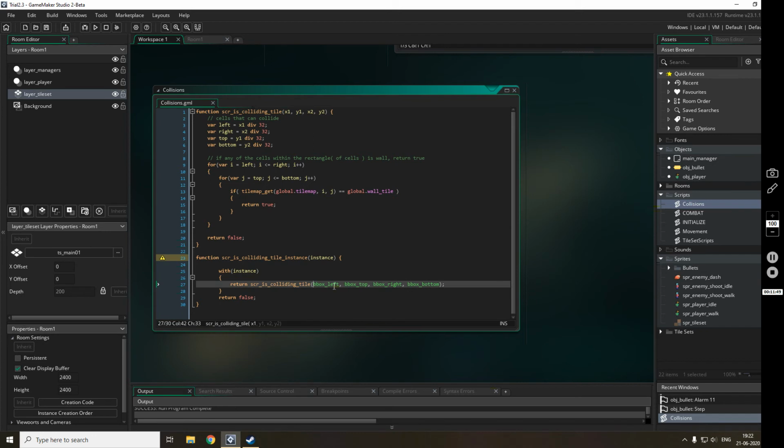So it will call the first function that we wrote, with the bbox left, top, right and bottom of the instance, and if this is true, it will return true. If this is false, it returns false. But if the instance doesn't exist, it will not come inside this, it will directly fall to this return statement, and it will return false directly. So I think it is clear.